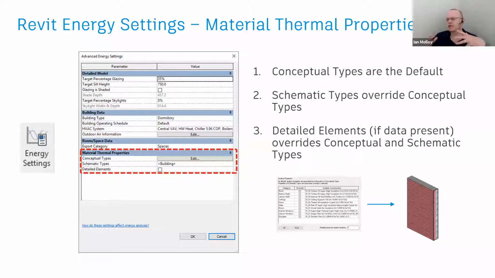And the reason for this is that the first two are kind of like type based. You can set them for the whole building. All walls, all floors, or roofs are this type. But if you want to get more precise around this, the south elevation has brick block XYZ insulation, and the north facing has a different type of construction, or even on a single elevation, you have different constructions. You can use the building elements to define that more precisely. So it means that you don't have to work with very high precision models or model elements early on in the process. You can work with more broad brush things to do that. So okay,